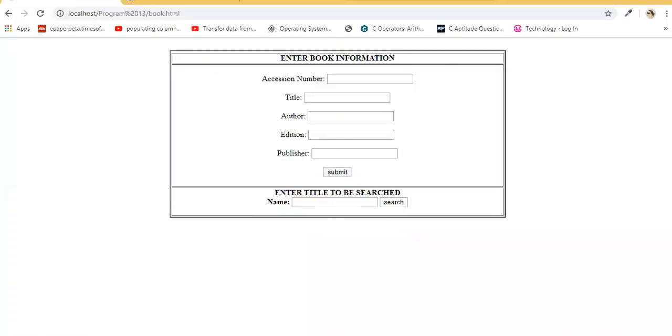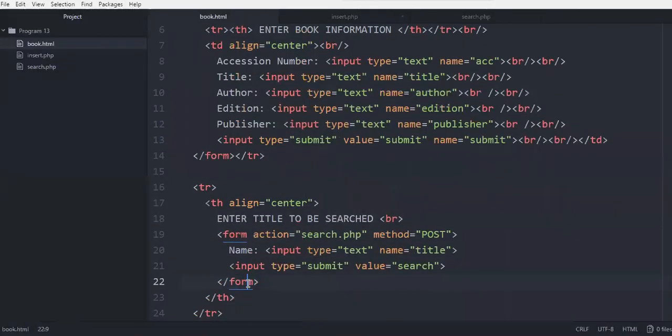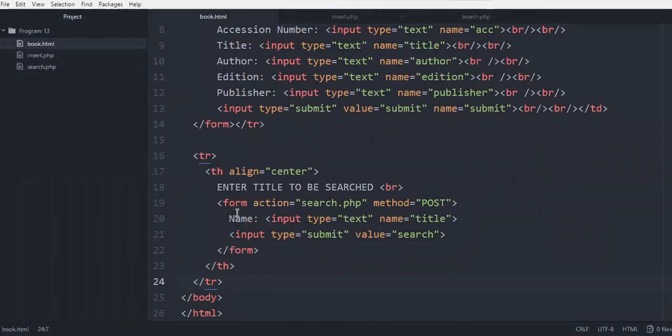Then we require to create another row here to perform a search operation. So we have created a form for it. So inside the form, the action we have to specify when the user enters the value in the search bar and clicks search. So where should it be directed to? That is the search.php.